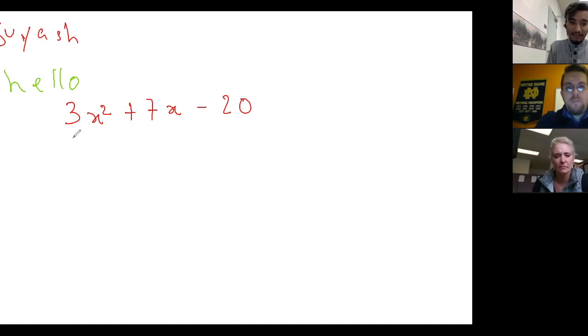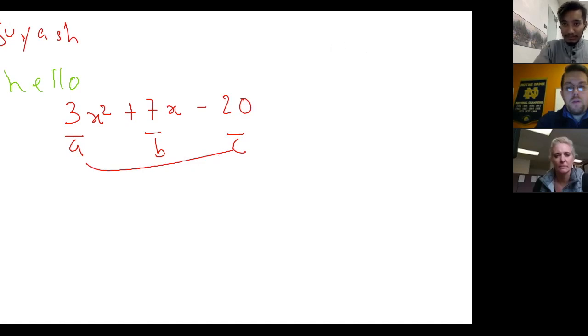What the AC method means is that the coefficient of each term at the front, we label it: A for the 3, B for the 7, and for the third term, we label it C. What we're going to do here is use these A and C to solve this whole thing and find a solution. So for the AC method,